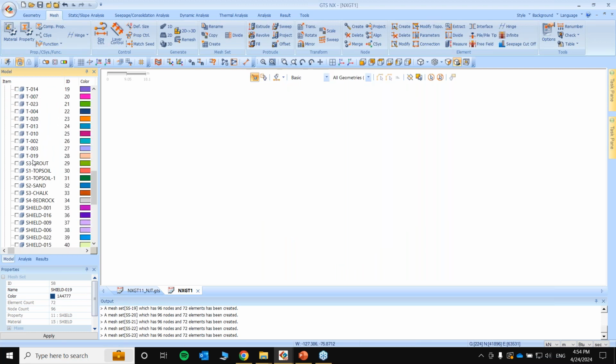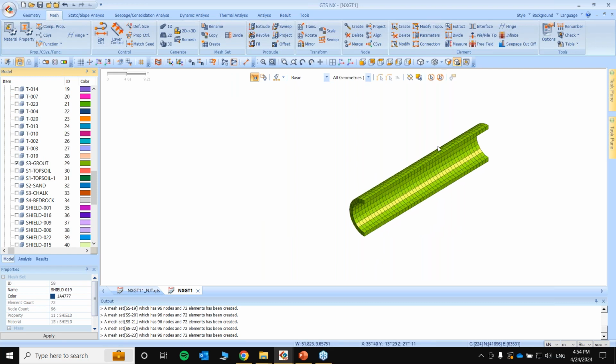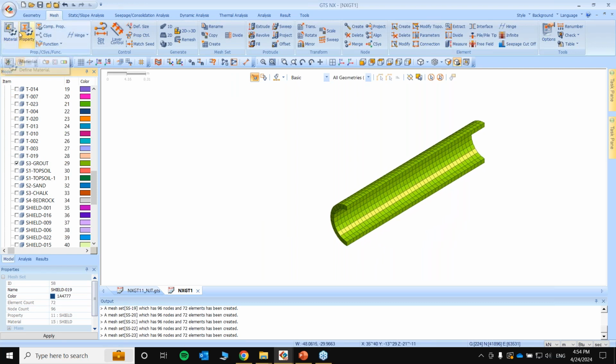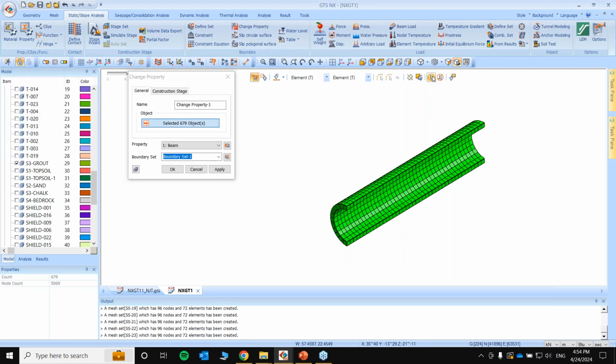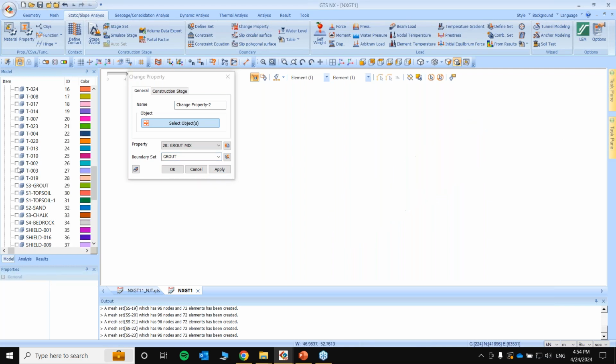Now we just need to activate the change property option for the jet grouting and your cushion. So I'll go to static slope analysis, change property, select all. In the property section, click on grout mix, name it as grout, press apply. Similarly for the cushion,